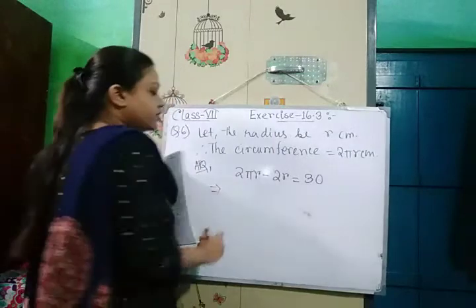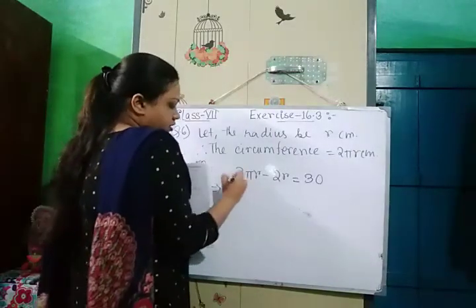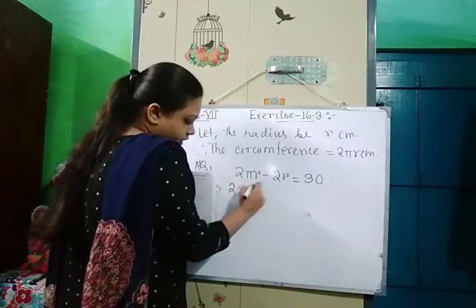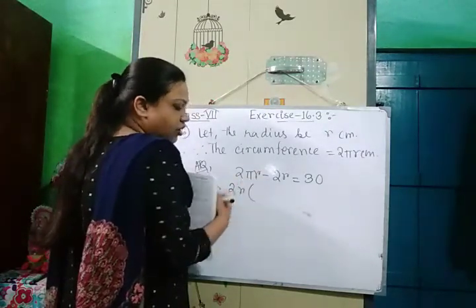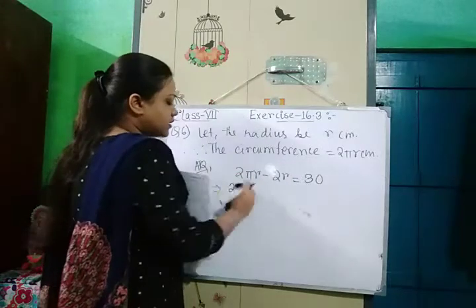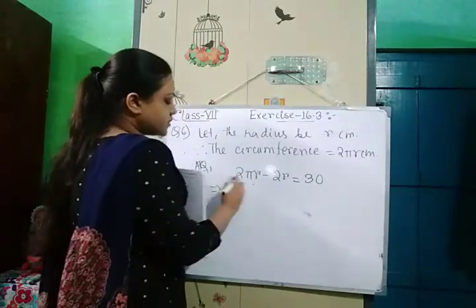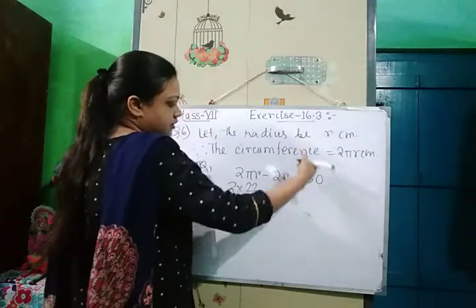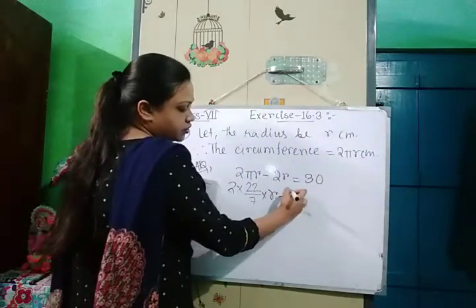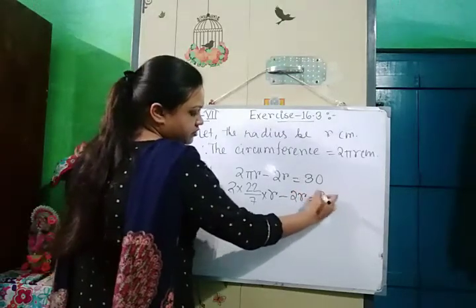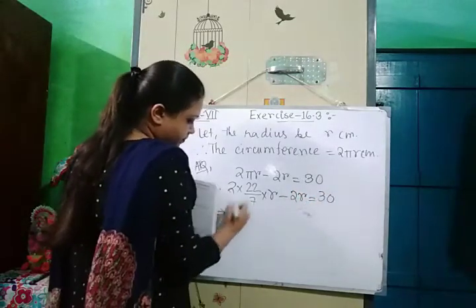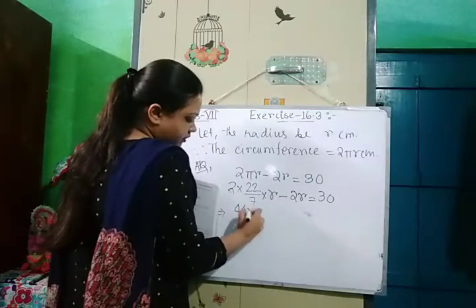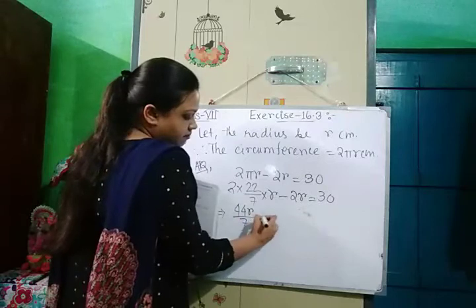Now from here we are going to find out the value of r. We can take 2r common. Or you can also simplify this one. I am showing you the process. 2 into 22 by 7 into r. We don't know the value of r. So minus 2 into r equals to 30. So now see, this is 44 r by 7 minus 2r